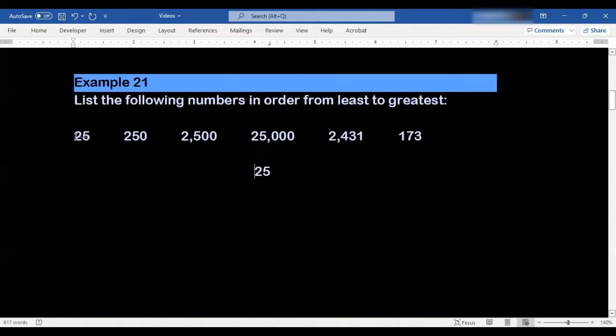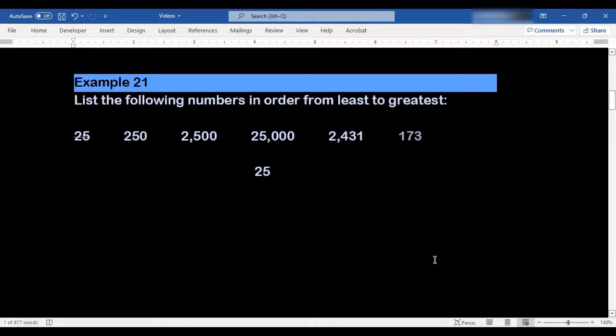Okay, and I crossed it out because we already used it. Next, I'm going to look at the 3-digit numbers. So we have 2 of those. We have 250 and we have 173. So I can do the same thing that we did in the last example when we